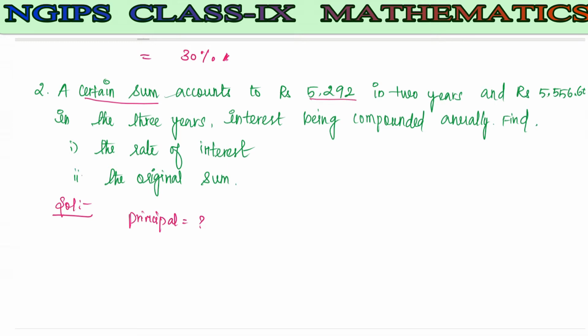So the amount in 2 years is rupees 5292, and